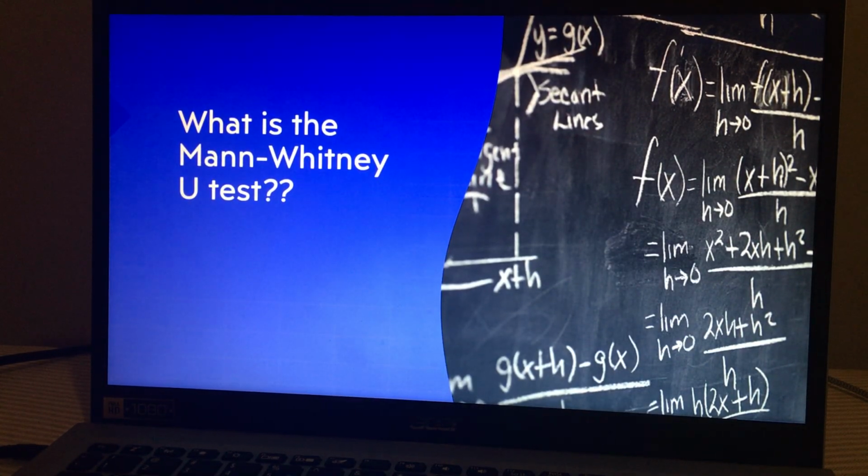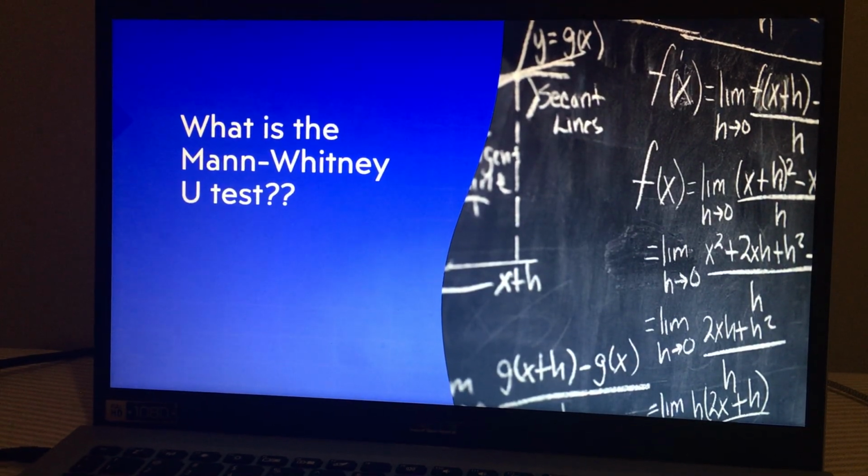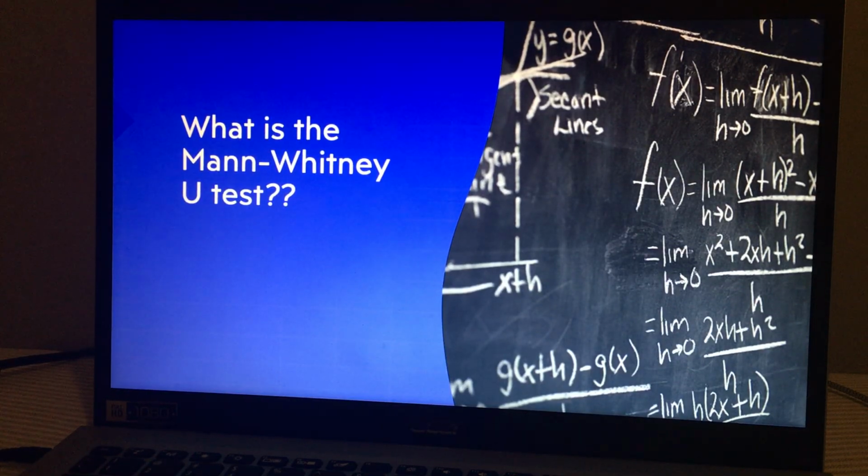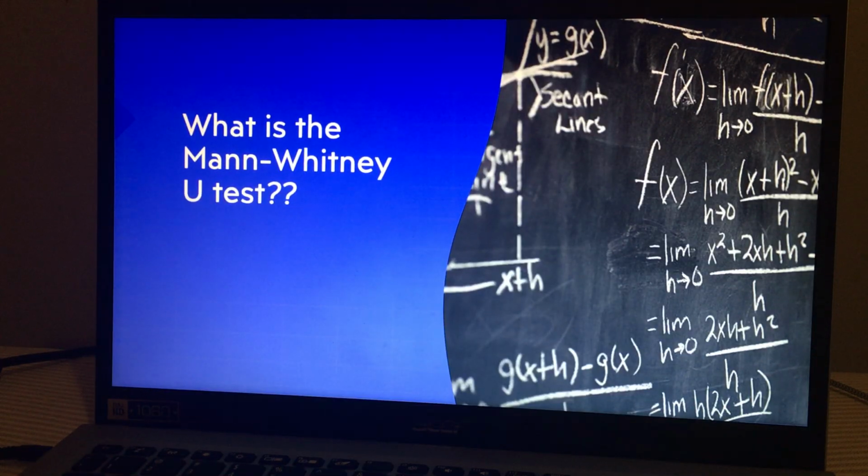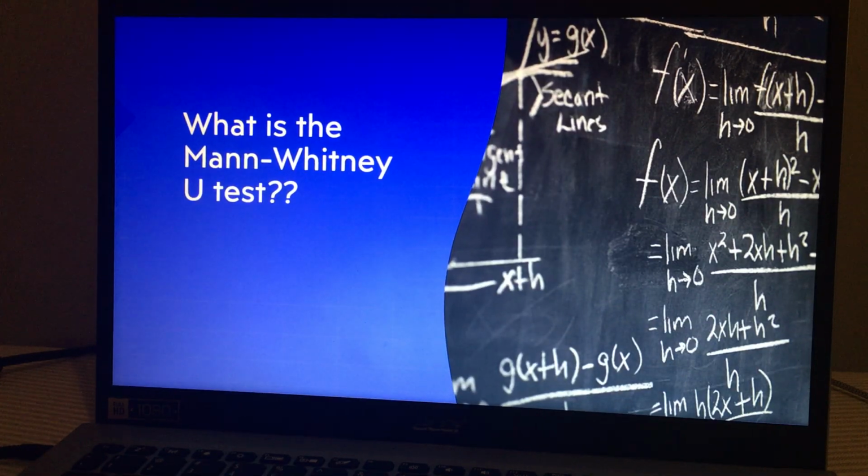So remember, when doing the introductory lessons, for just the general learning of how to use the software, we're going to use the JASP software to conduct our tests. And next we're going to skip to page 33, and we're going to go through the flow chart. So let's remember